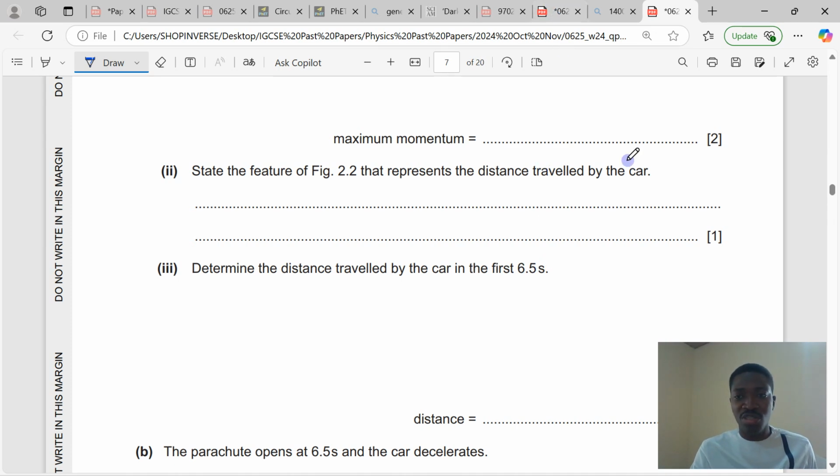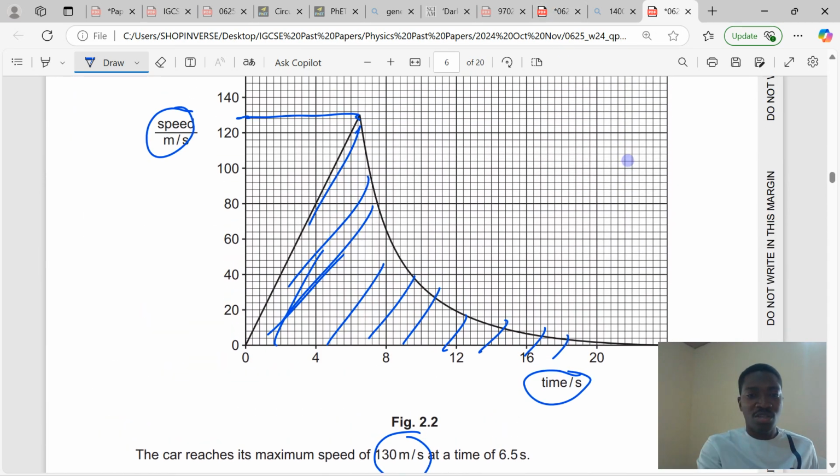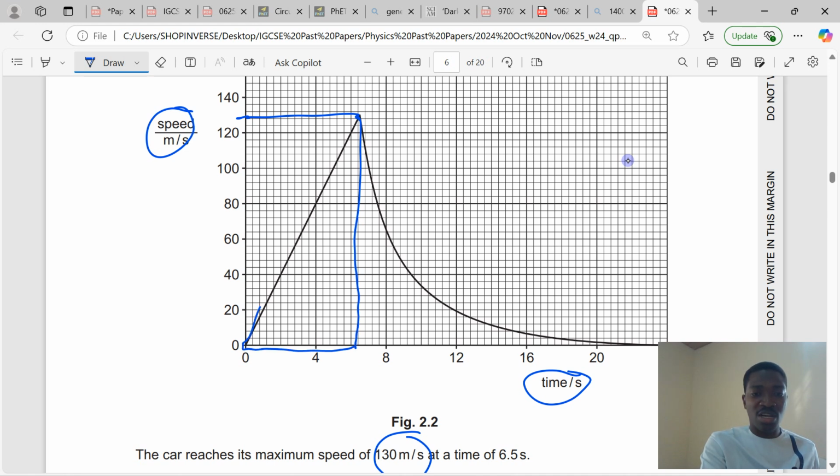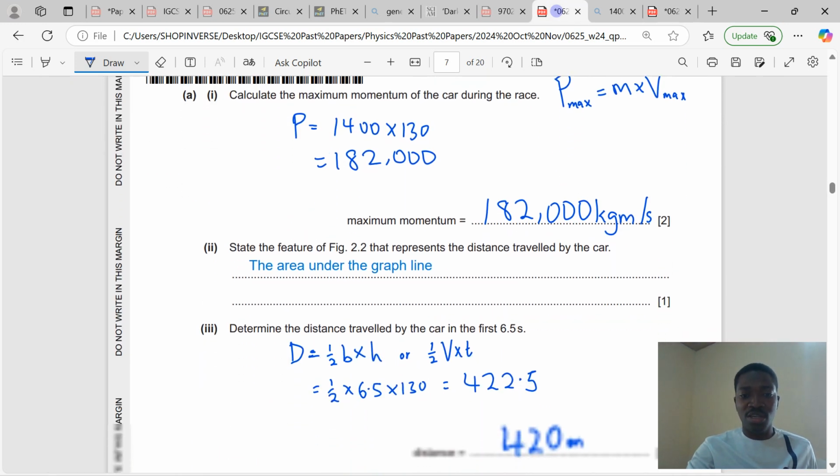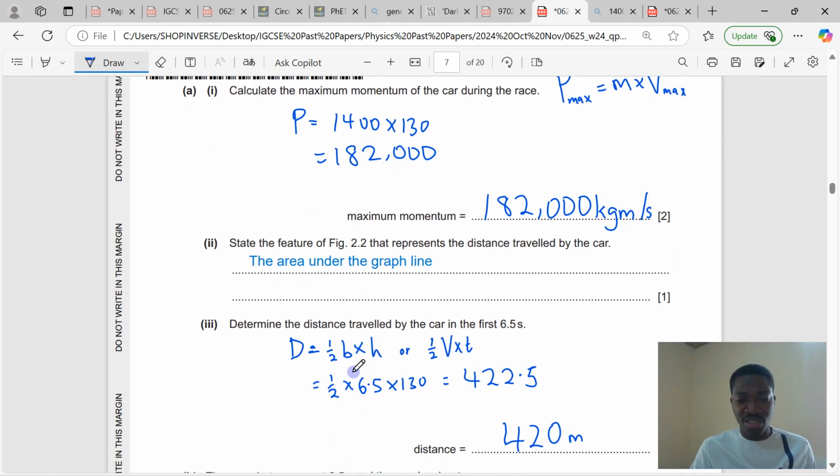Good. And what's the area? Look at the shape for 6.5 seconds. What shape do we have here? This is a triangle. It forms a right angle triangle. So we use the formula for area of a right angle triangle, which is half base times height. So in the solution I used the formula for area of a triangle, half base times height, or you can do half VT, the same thing. So half the base is the time, which is 6.5 seconds, multiplied by the height, which is the velocity, you get